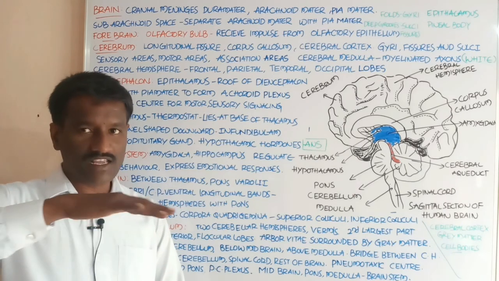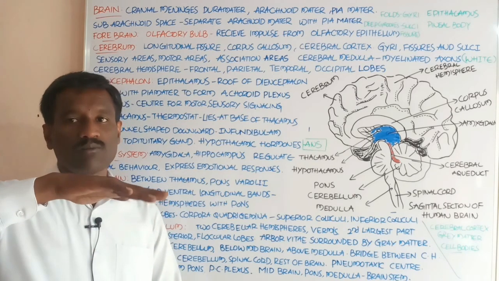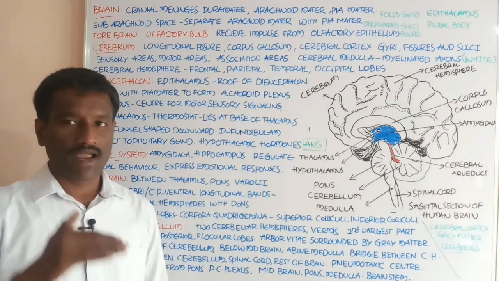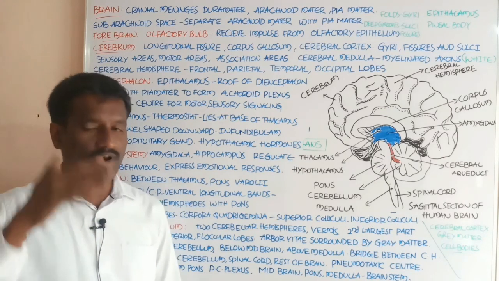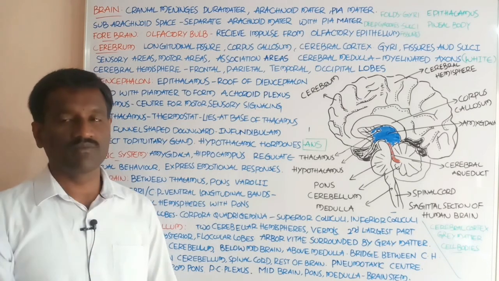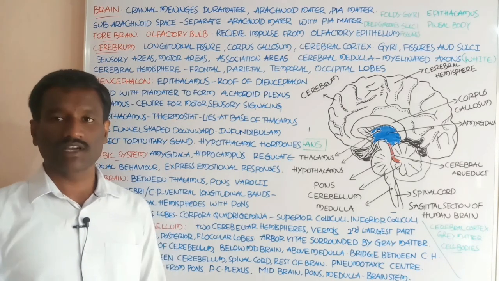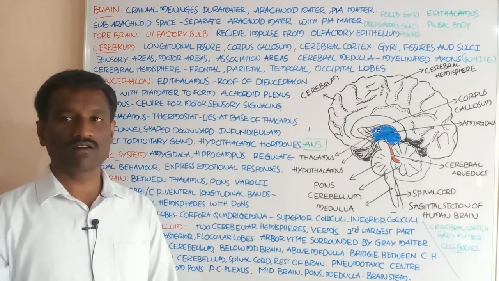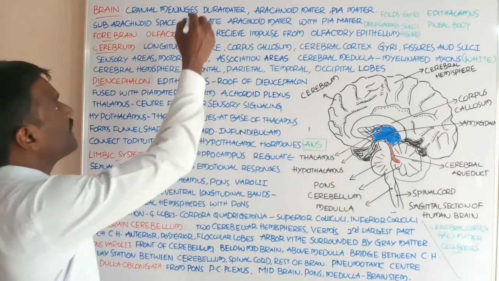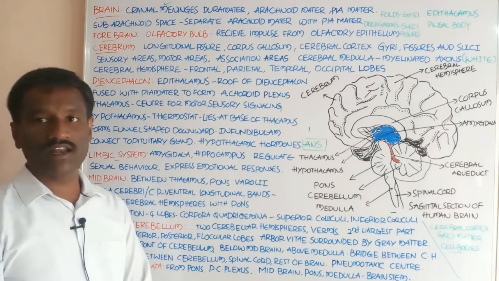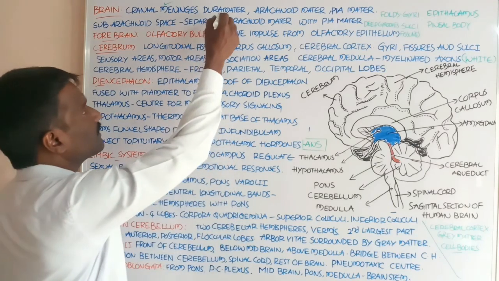The entire brain is covered with the bones of the cranium, the cranial bones. The outer surface of the brain is covered with three connective tissue membranes. These are called cranial meninges. The cranial meninges are three in number: